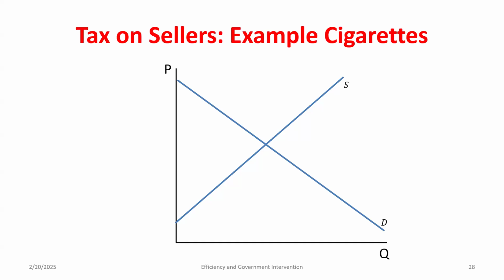If I take the quantity that's being sold after the tax and I multiply it by the value of the tax, what does that represent? This is how much money is going to the government for every unit. This is the number of units being produced and sold. So if I multiply those two together, that would represent the total amount of money going to the government, or what we would call tax revenue, right? That's all the area of this rectangle represents. The height will always be the value of the tax. The width of this will always be the quantity sold after the tax. So this is going to represent our tax revenue.